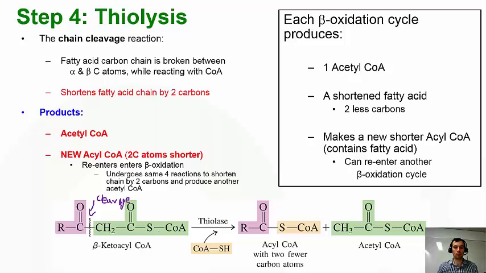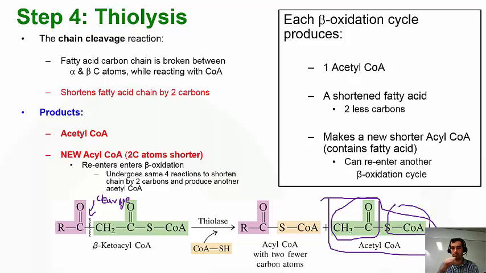We have the release of the green part, which is actually acetyl-CoA. So we've got the acetyl group on the left hand side, and on the right hand side we've got our CoA. We also have an additional CoA being added in, so we can now connect to the remaining part of